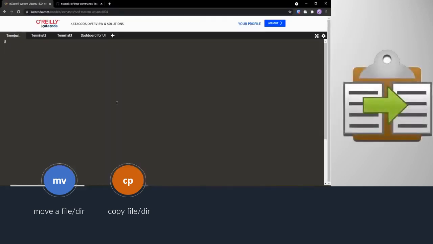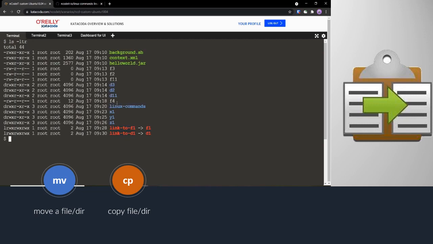Let's move on to a copy command to create copies. A move command basically changes the name, so the original file does not exist. Now sometimes you just want a copy. So now copy